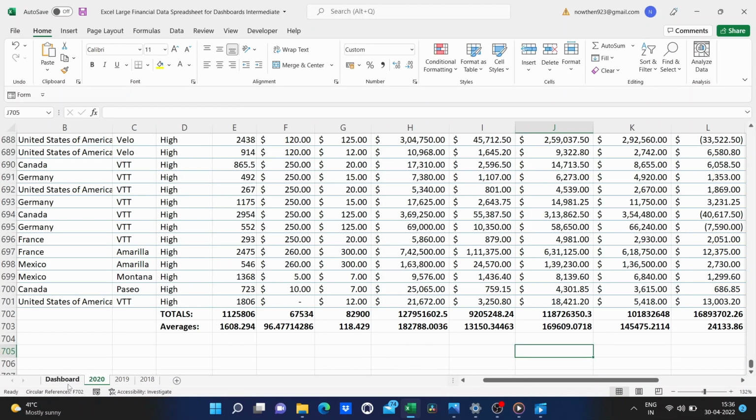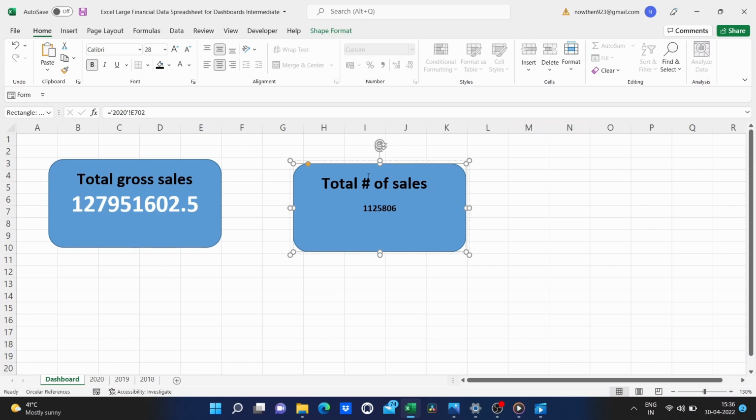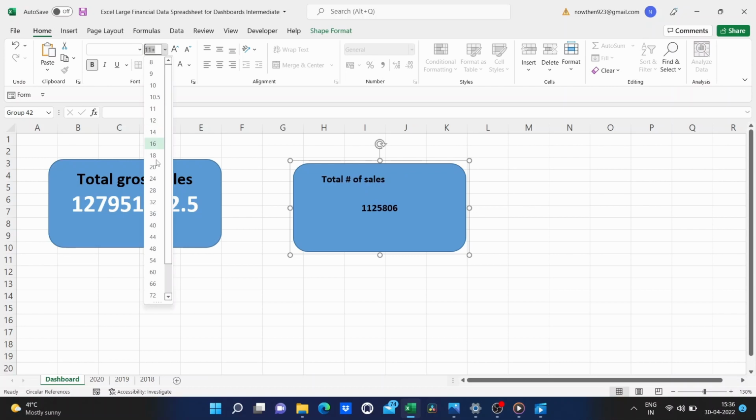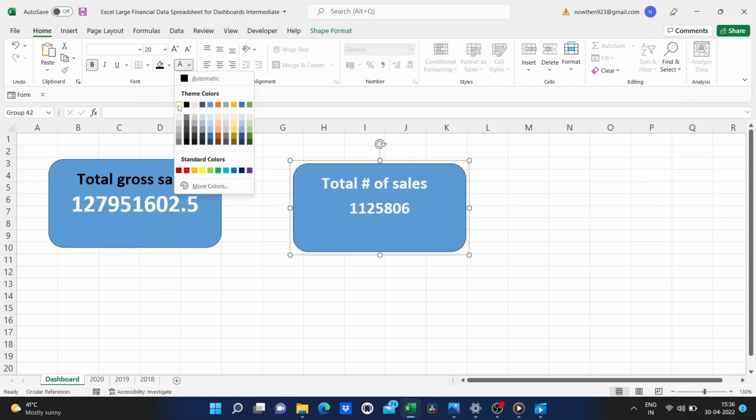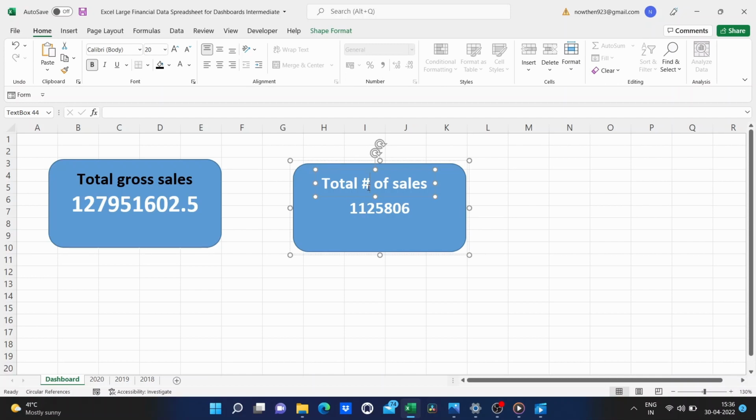Now unfortunately, it did change the formatting, but that's okay. I can just click away, then click back to it. And I can just go up here and make those same adjustments that I had made before. Once again, if I want these two things to be linked, I should click on them, hold the Control key when I do it, and then go to the page layout and group.